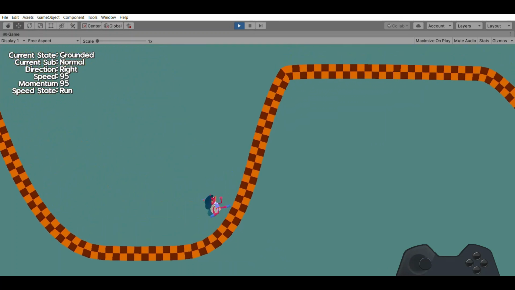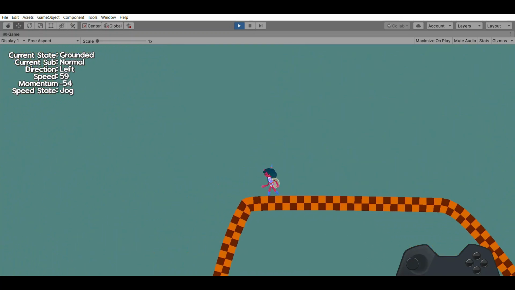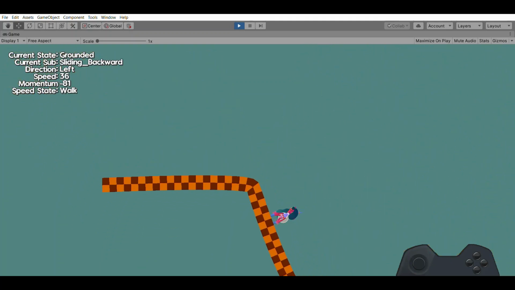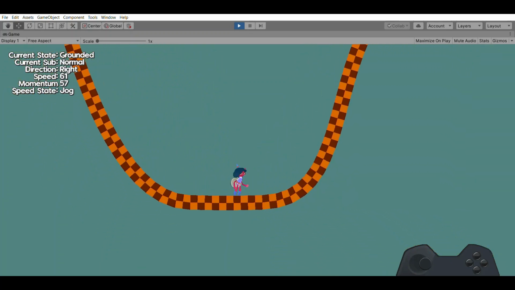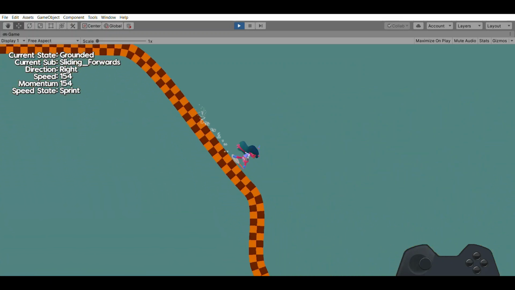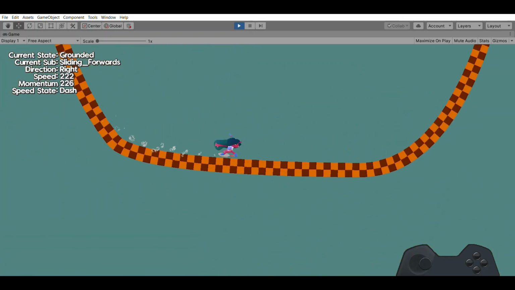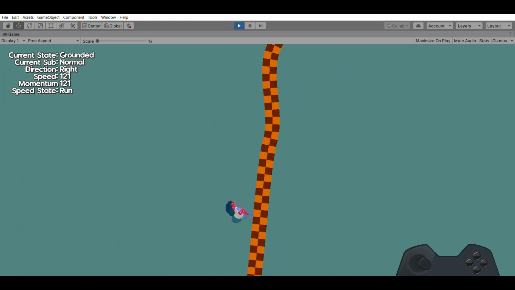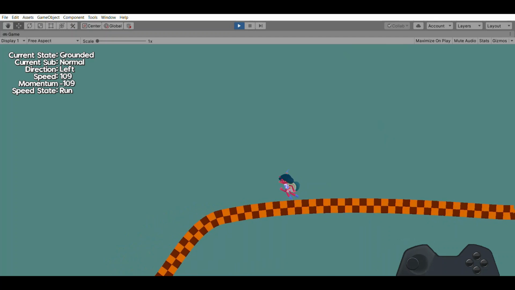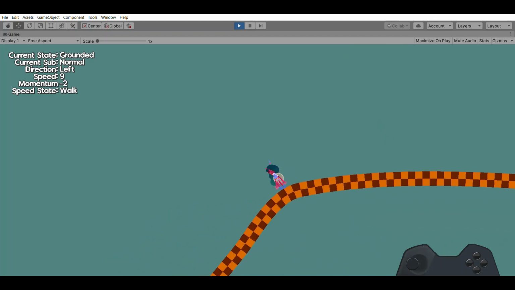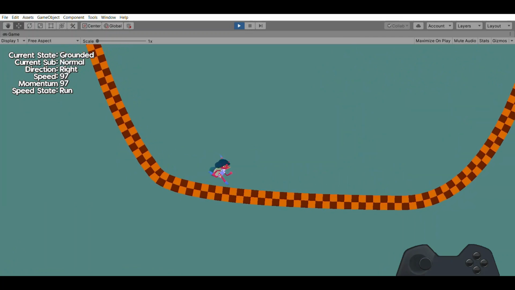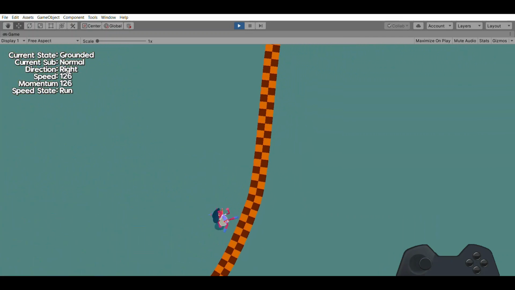The slope sliding down going forward substate, so this is if we are sliding down a slope forward, will end as soon as the player's current speed is less than the speed required to slide down a slope going forward, or they are not holding an input and they reach a speed of 0. So if we slide down a slope and the slope ends and we aren't holding our input anymore, we will stop moving, or if we are still holding our input, we will continue our momentum, but we will come to a stop of our slide once we have finished going forward